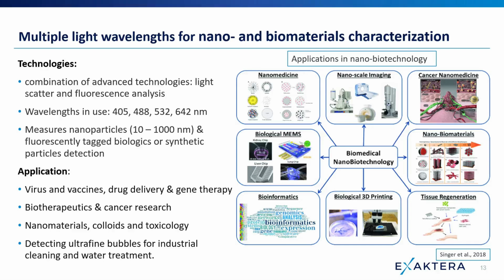When we get into nanomaterials and biomaterials characterization, we may well need to use multiple wavelengths of light and techniques beyond light scattering to get the most detailed information about the particles themselves, to measure their physical size and their chemical composition, and perhaps to image them. Again, a wide range of different wavelengths are used to provide different information, but they tend to be shorter wavelengths, ultraviolet, blue, green, or sometimes the shorter red wavelengths, for maximum sensitivity in the measurement of the